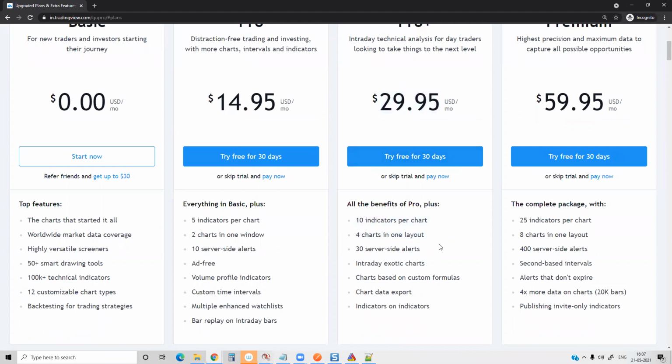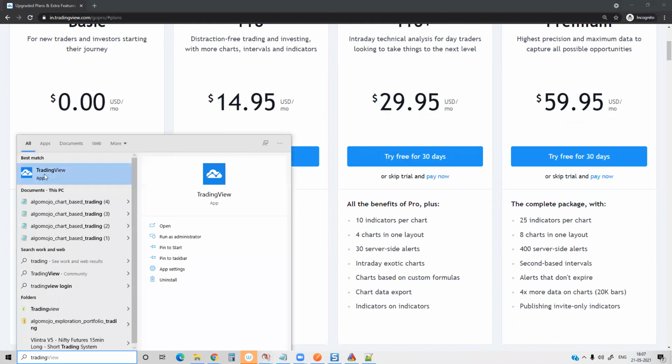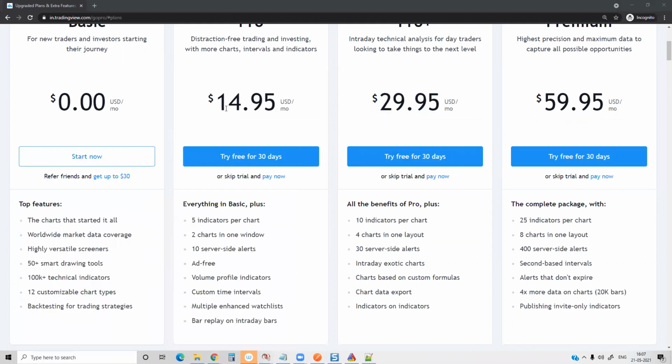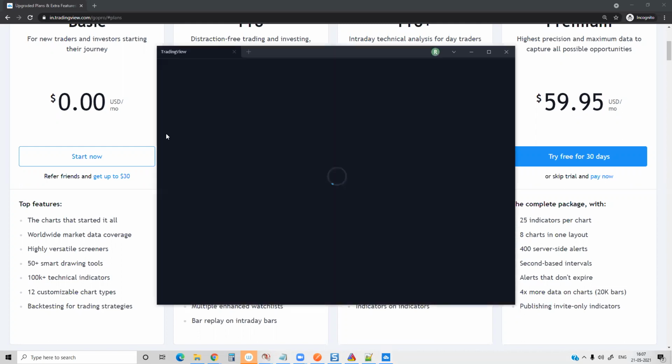And the best thing about TradingView is that it is available on the web-based platform as well as an EXE platform, as well as on mobile. I'll also show you the EXE version, which is a kind of Ionic framework. I'll show you the desktop. The interface is very new. It is in beta stage. The interface is more or less very similar to the web-based one.